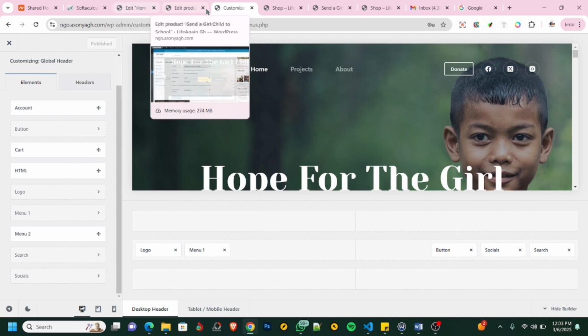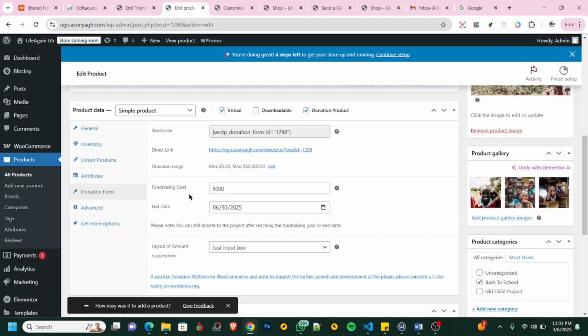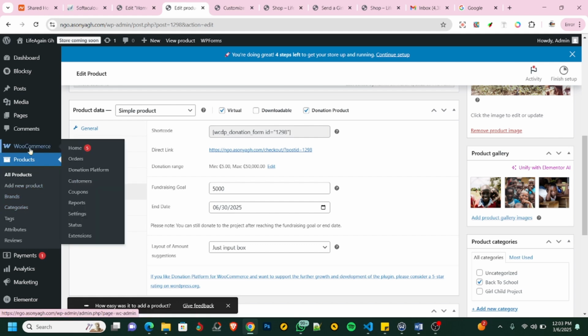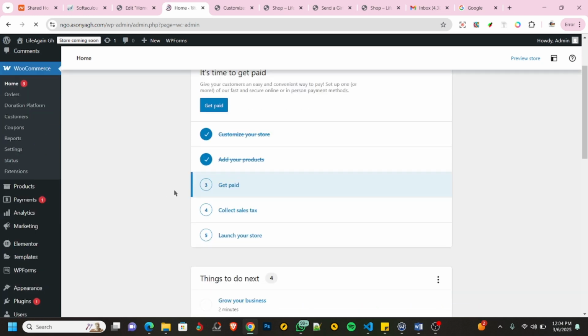So now the next thing is, let's go and set up our payment gateway. So now we have our product or our donation campaign set up. Let's try to set up the payment gateway. So for us to do that, we need to go to WooCommerce. Then this has already been done, so just go to get paid, and then